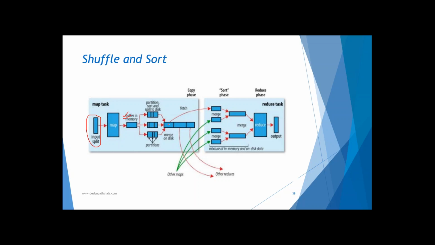So the first partition from each mapper will reach your first reducer, second partition from each mapper reaches your second reducer, and so on. And similarly from the other mappers, the data on the reducer comes up. As this data from each mapper is sorted, the merging of this data is pretty easy. So on the reducer, these are